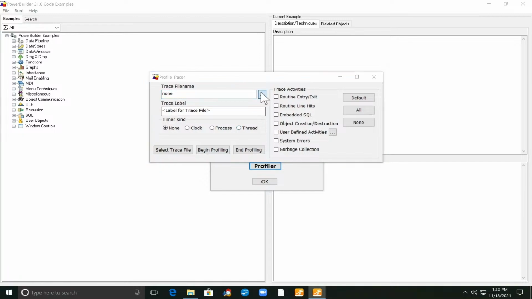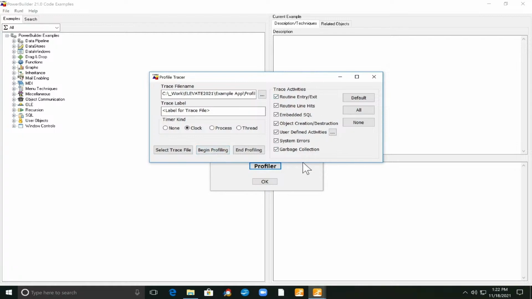I'm going to go ahead and select the output file to which I'll write. I'll choose the type of timer. In this case, it's going to be clock. And I'll go ahead and select all of the options that are available here as far as activity types to capture. And I'll go ahead and begin profiling.